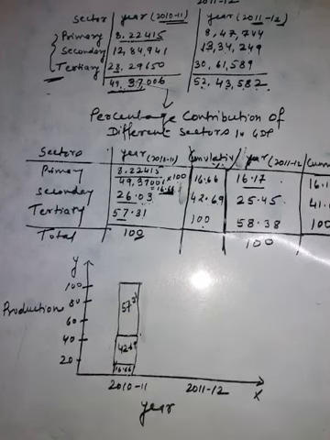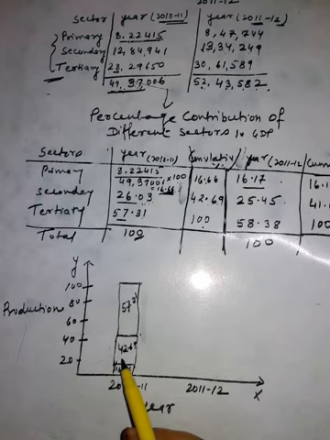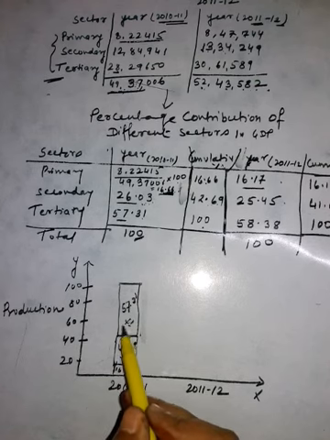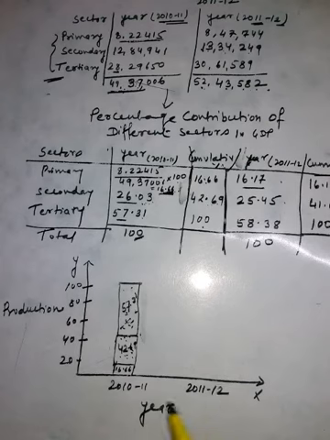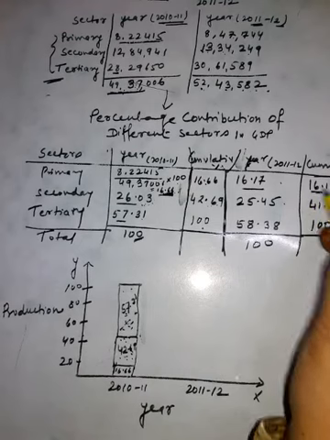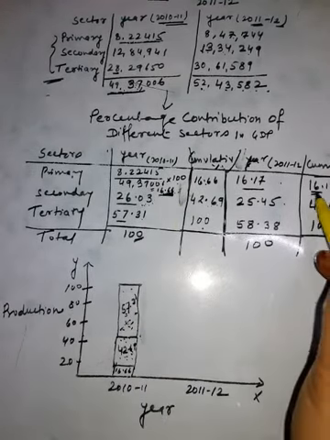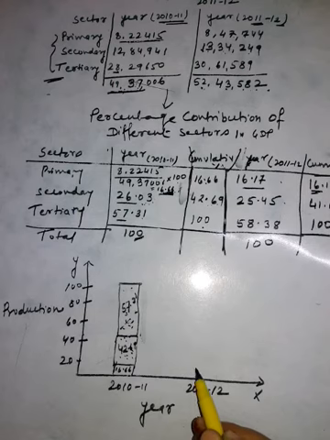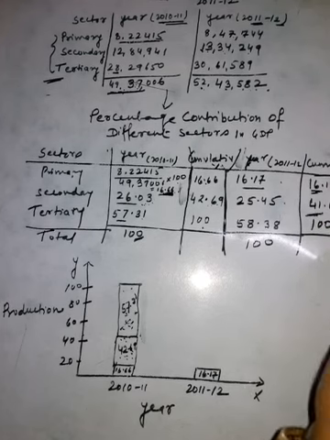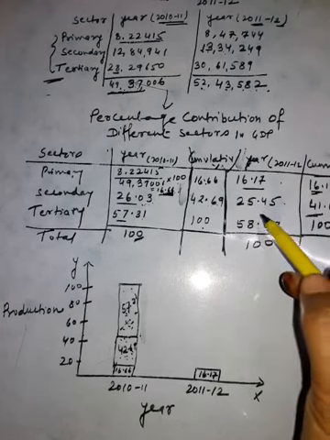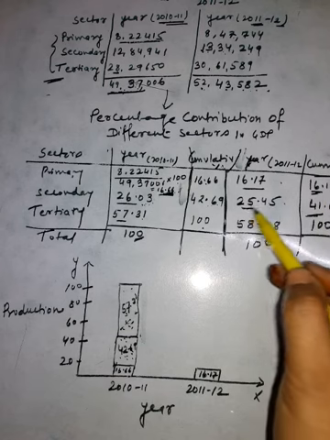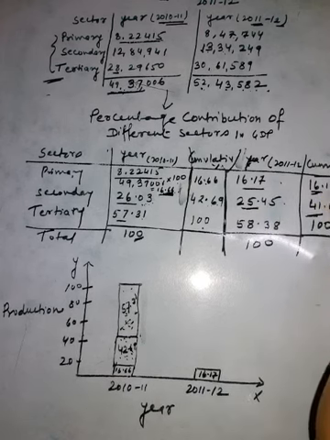57.31. Okay, you must show it with the different colors, like I am doing this. Now 2011-12. First thing is 16.7. The contribution of primary sector is 16.7. Again here will be 16.7. Then after that, 41.62. Secondary sector 25.45. So if you add it to 16.17 we will get 41.62.